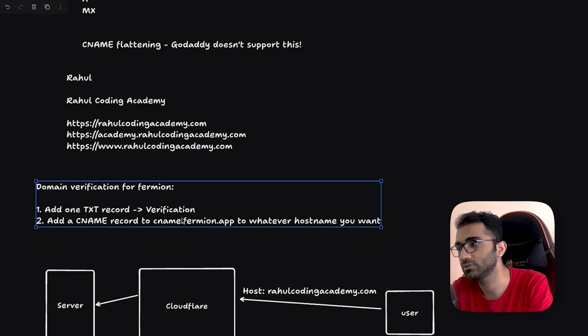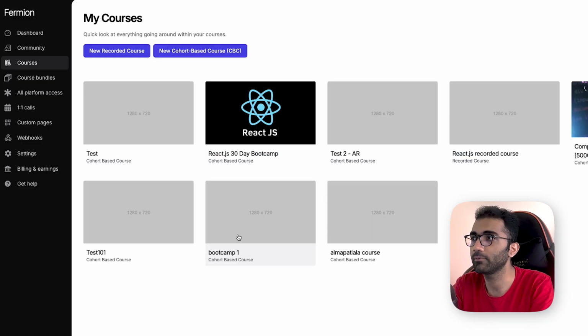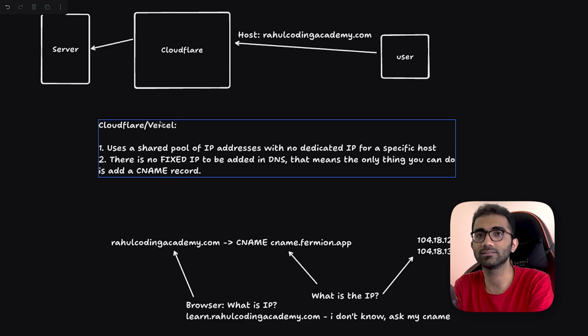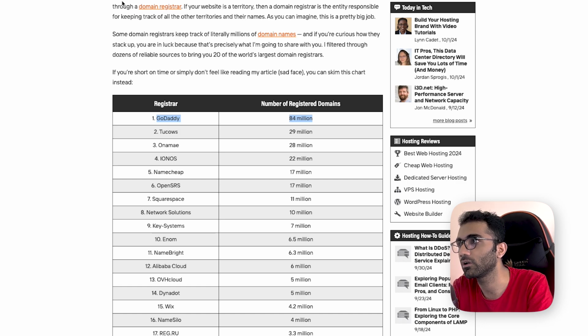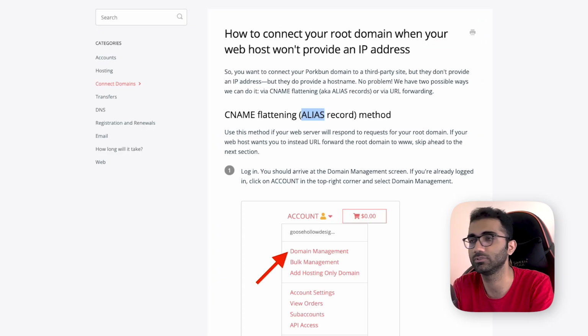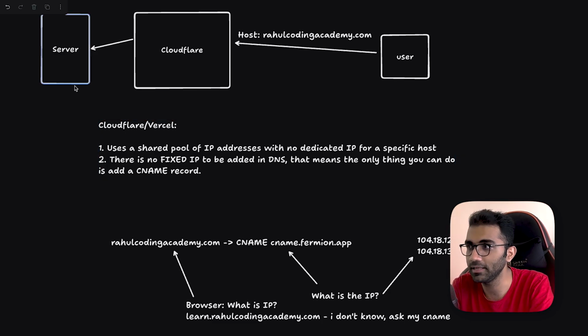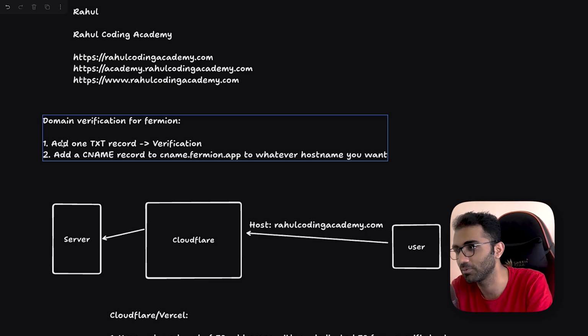If you have a use case where you want to host, let's say, a website using a platform like probably Fermion or some of these platforms, because GoDaddy as a domain registrar very strictly follows, I think, the DNS spec, even though CNAME flattening has been there for at least 10 years now, as visible from Cloudflare's official blog. I think that's pretty inconvenient, because we had conversations with some of these creators who have domains on GoDaddy, and this is how we discovered that, okay, this is a huge mess, this is a huge problem, so we can't do that.